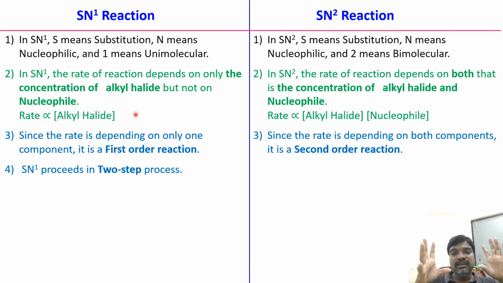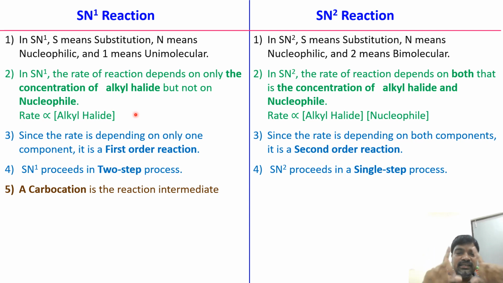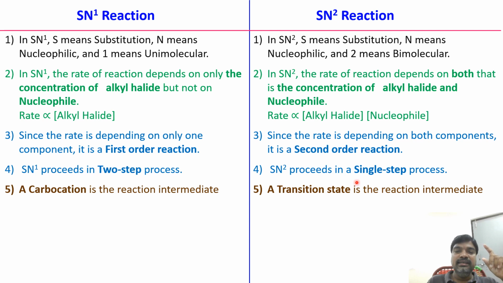Next, the SN1 reaction proceeds in a two-step mechanism, which we have seen clearly. One is the formation of carbocation, and after that, the attack of the nucleophile. But in the SN2 reaction, the reaction proceeds in a single step, that is the formation of the transition state. A carbocation is the reaction intermediate in the SN1 reaction mechanism, but a transition state is the reaction intermediate in the